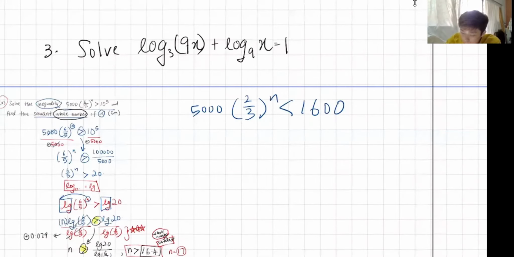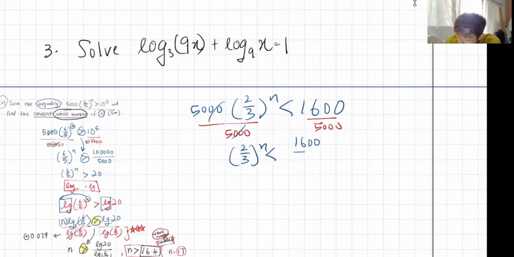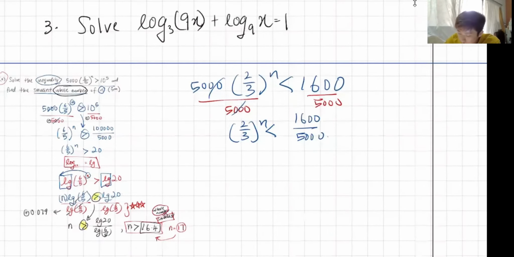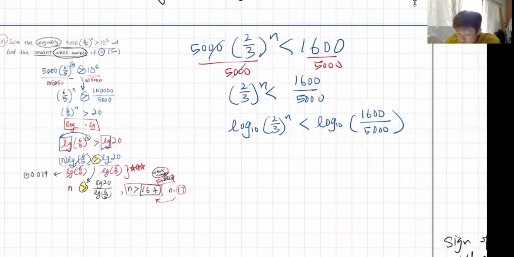So as usual, you try to divide both sides with 5,000. What you get is you can cancel this one, become 1. 2 over 3 to the power of n is lesser than 1,600 divided by 5,000. Then now what we do is we log base 10 both sides. We log base 10, 2 over 3 to the power of n is lesser than log base 10, 1,600 divided by 5,000. As usual, we shift the n downwards, and log base 10, 2 over 3 is lesser than, all this shifting, don't have to change the sign yet,